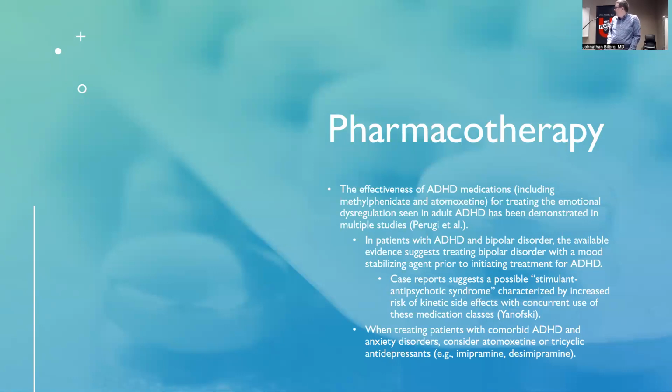Also of note, when treating patients with comorbid ADHD and anxiety disorders, stimulants might exacerbate the symptoms. So you could consider Strattera. It has evidence for helping with both ADHD and anxiety, or perhaps even a tricyclic antidepressant. Other treatments that have some evidence in adults that I didn't include here are SNRIs, as well as alpha agonists. I think we're probably all familiar with clonidine, guanfacine, and so on. The evidence there is not as robust in adults as it is in children, but there is still some evidence regarding their efficacy for ADHD in adults.